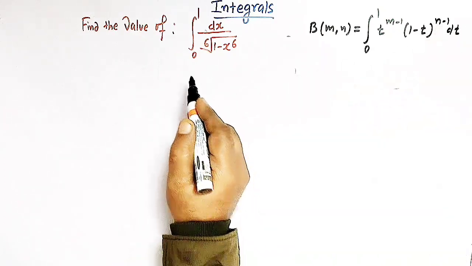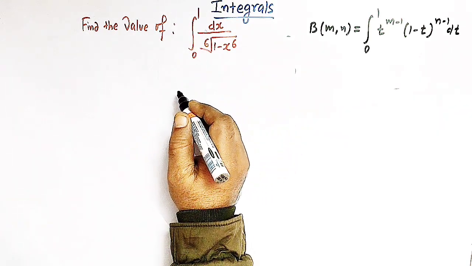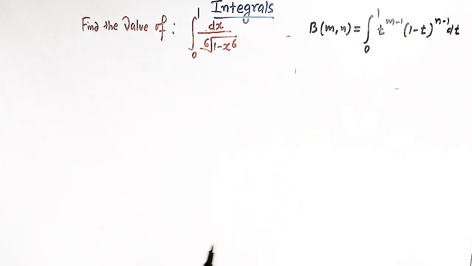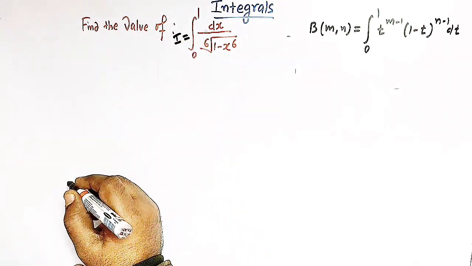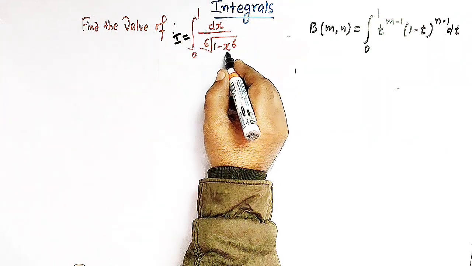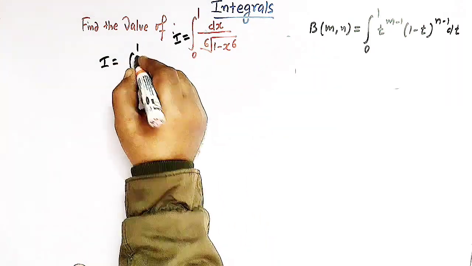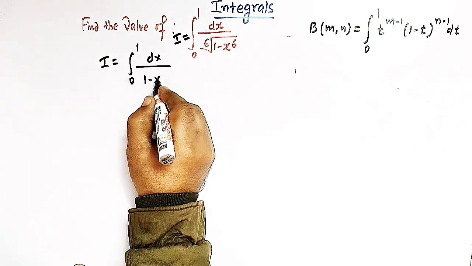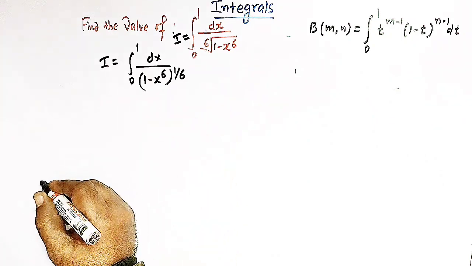So the first step is to convert this integral by method of substitution to this integral, and then we'll apply the properties of beta and gamma functions, right? So let us take this integral as I, and here what we will do, we'll first write this integral I as 0 to 1. We have dx divided by 1 minus x raised to 6 raised to 1 over 6,